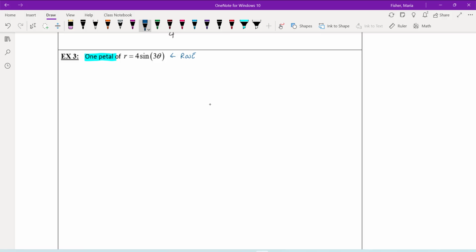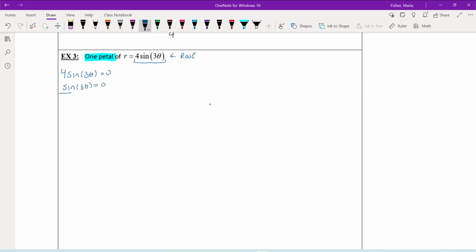Now for roses and lemniscates, what we do to find our limits of integration is we use tangents at the pole. So let's go ahead and find the tangents at the pole first. Recall to find the tangents at the pole, you let r equal 0 and solve for theta. We don't have to check to make sure that r prime doesn't equal 0 for these because they are tangents at the pole. So here if I'm solving where r equals 0, first I divide by 4,